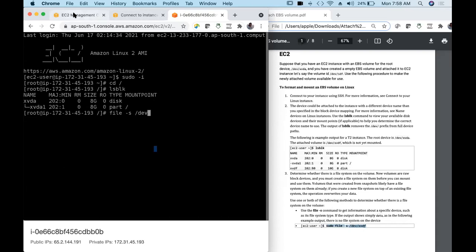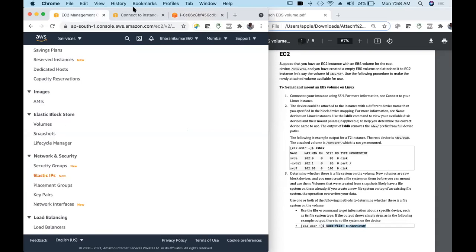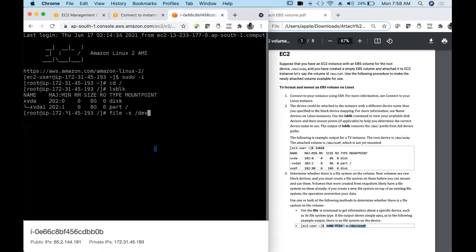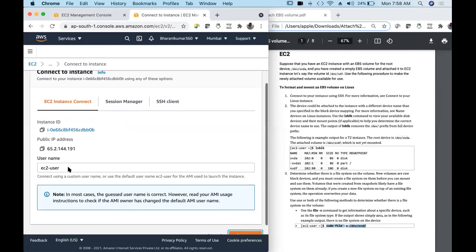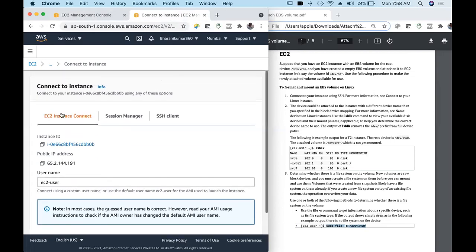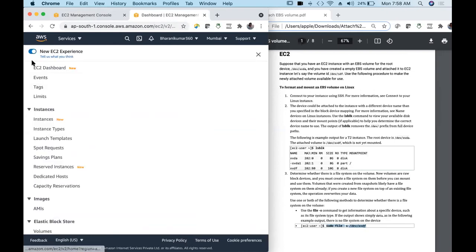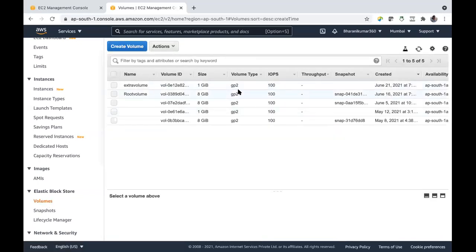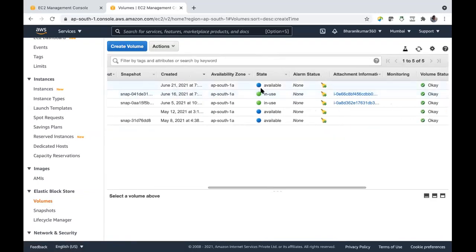I'm not getting this. Here I should get that extra volume. Let me go and check. I didn't get it in the list. Maybe I connected to the same instance, or attached my volume to a different instance. EC2, volumes, the extra volume is available.